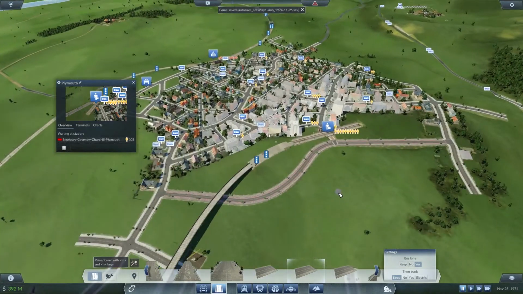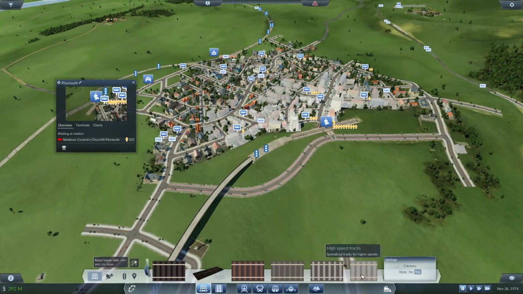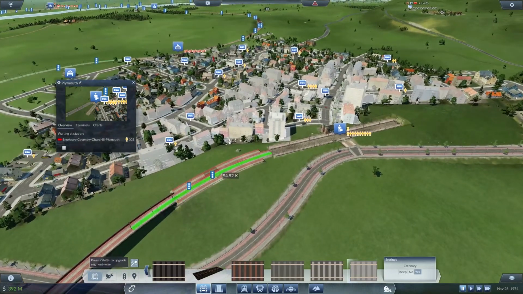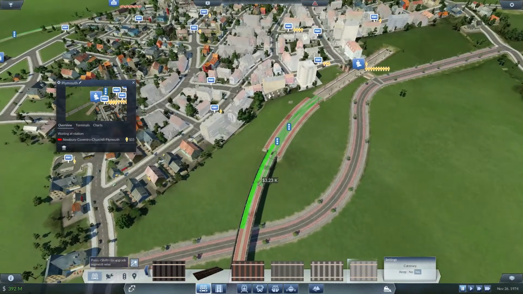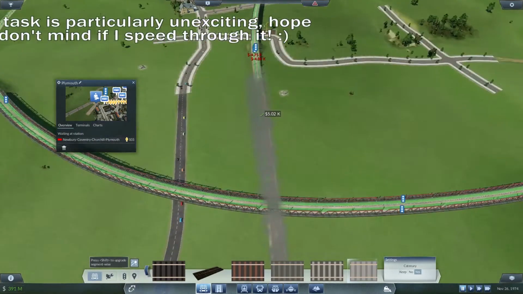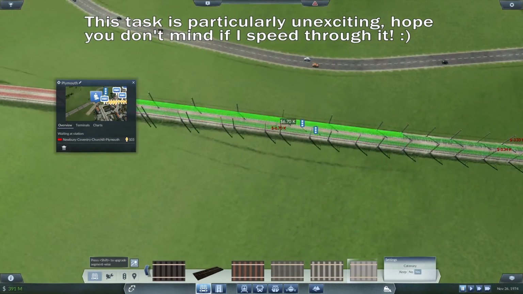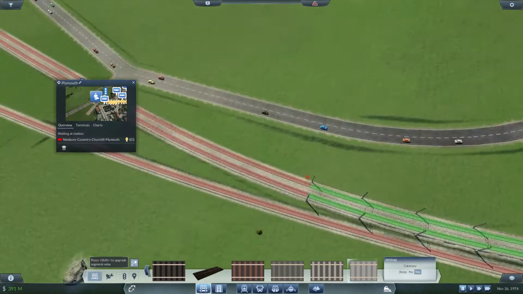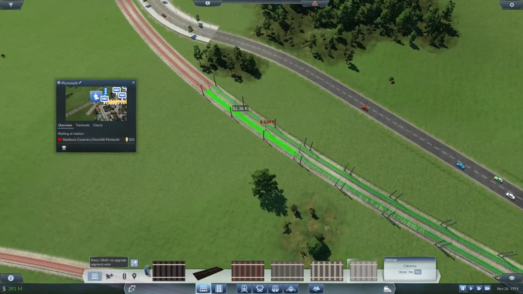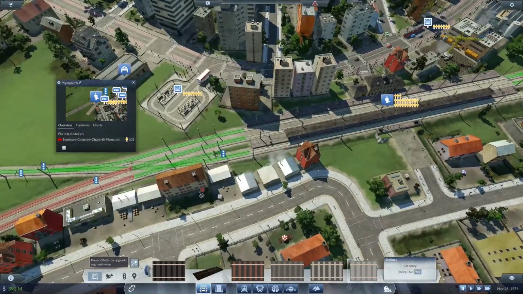Alright, okay, so we'll come back to Plymouth later, but we need to electrify our tracks. Now these do want to be high speed catenaries. Okay, let's go for it. Okay, and so we have reached